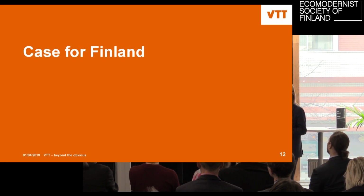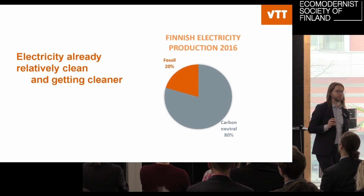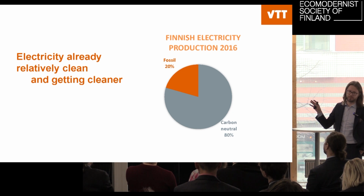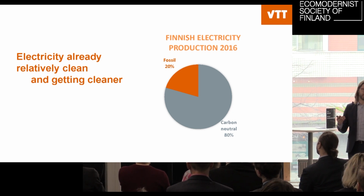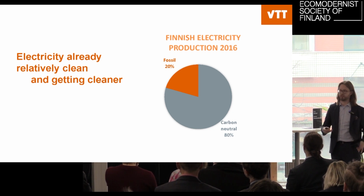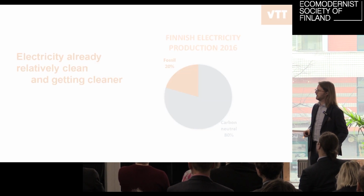But what's the case for Finland? I think that this is something that will be repeated quite many times by Finnish speakers. So electricity is already here, quite low carbon, and it's getting cleaner thanks to the new nuclear power plants, more wind power coming online. However, if you look at